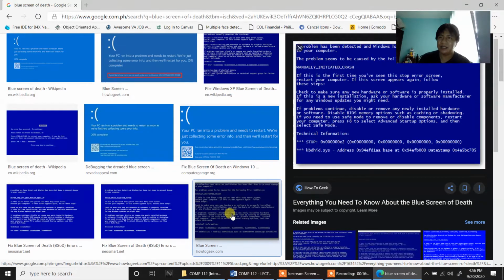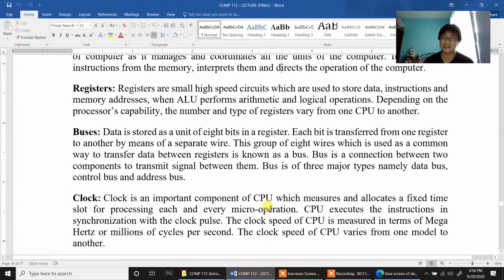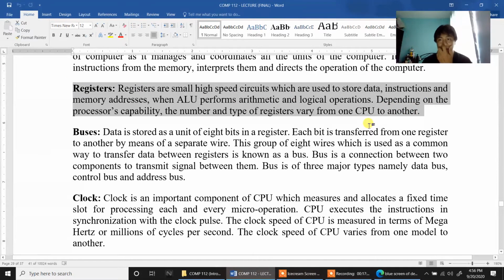the most critical aspect is that your CPU is preventing bugs from entering your computer, especially when your memory dumps. When your memory dumps, that means your memory is not functioning well because of the registry. So because of this, your hardware is protected so that the data does not overload,